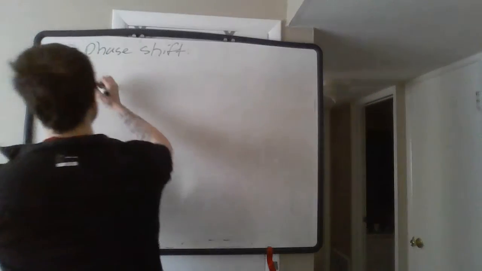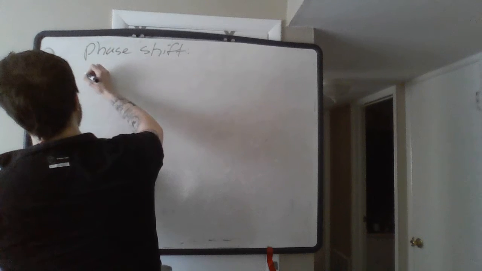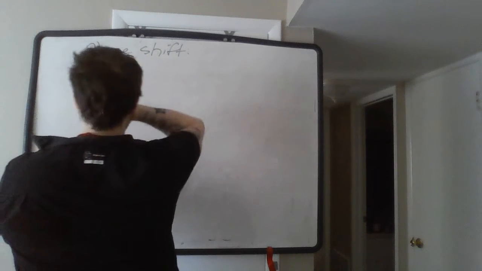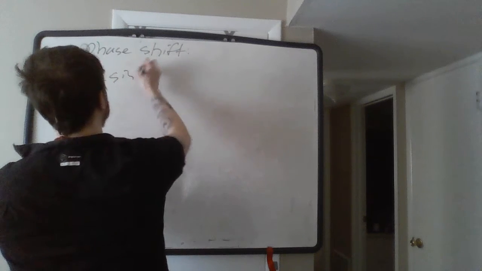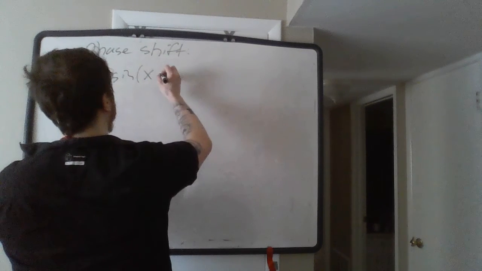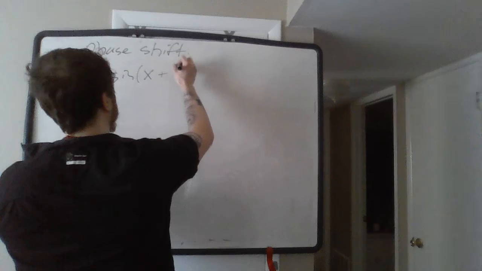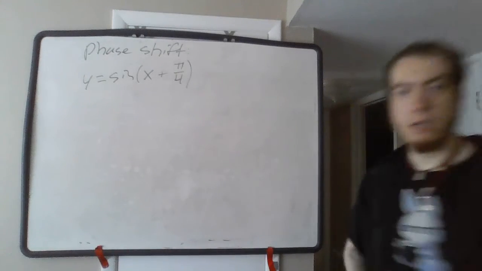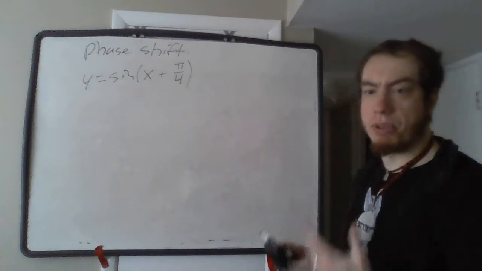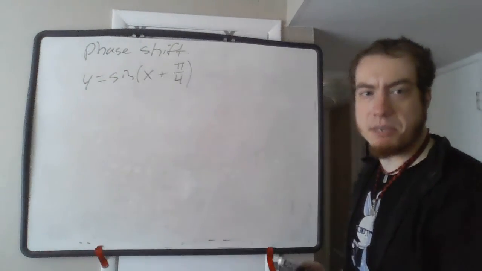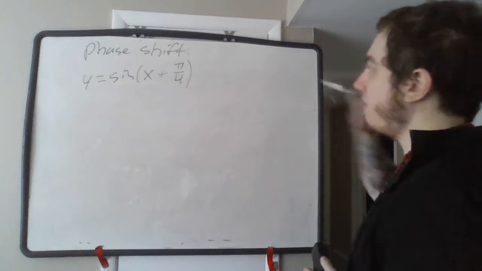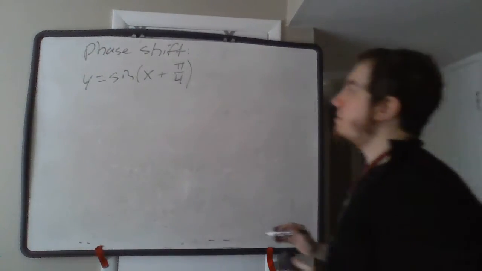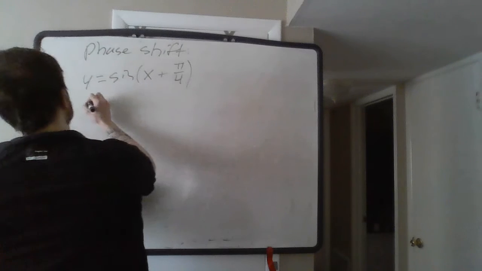So what does a phase shift look like? Let's suppose that I were to graph something like y is equal to the sine of x plus pi over 4. Just to give an example of the kinds of things that we're going to be dealing with here. If I want to graph something like this, where is the period going to start? So one period